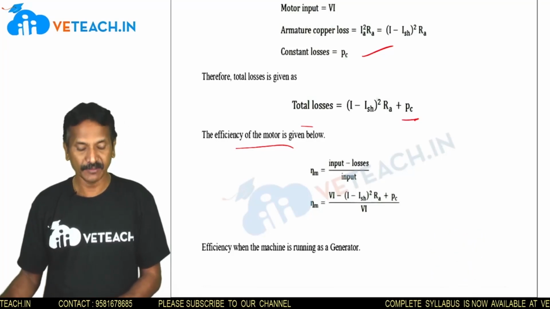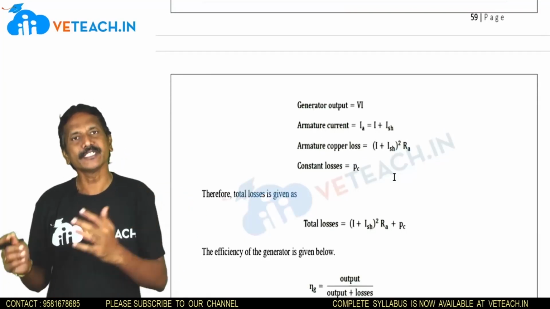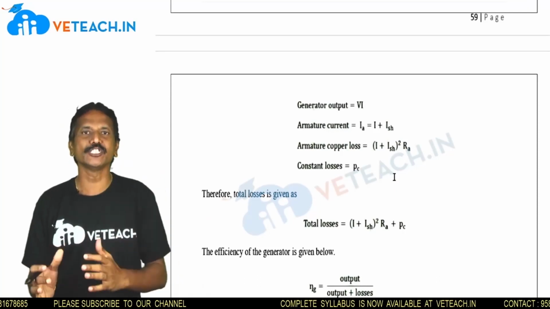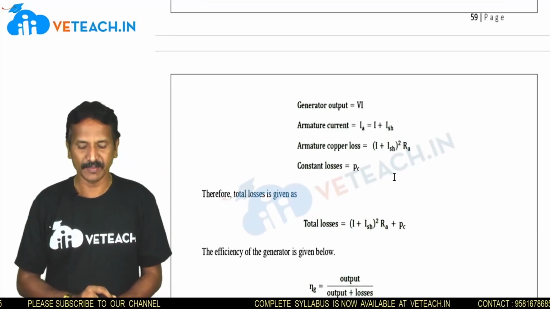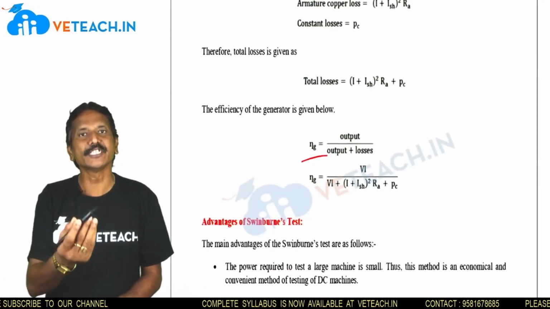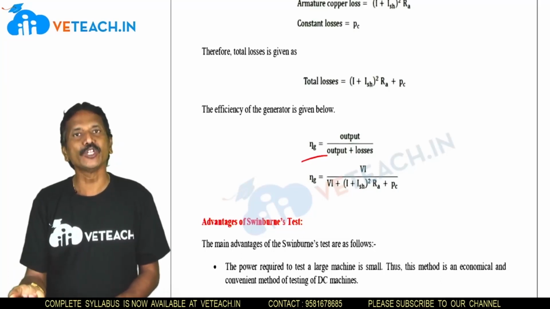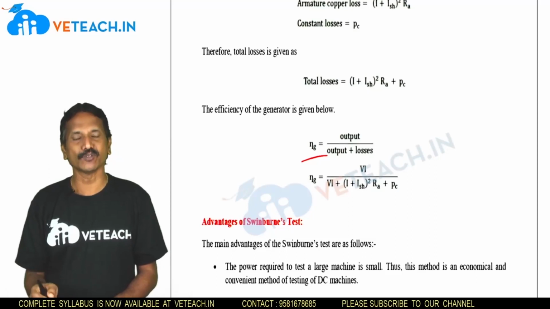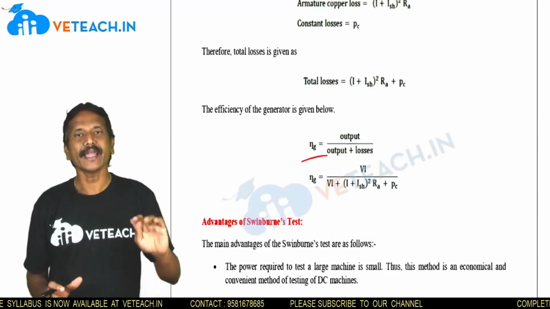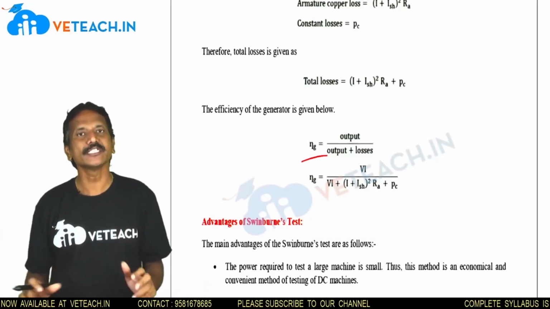So that is the efficiency of the machine running as a motor. Now the same thing with respect to the generator. Just where the minus is there, keep plus. The values are the same as they are, right? Now, efficiency of the generator is equal to output power by output plus losses. Output power is V into I, plus (I plus I_SH) whole square into R_A plus P_C. So like this, for a motor as well as a generator, the temperature rise, efficiency, and losses we can find